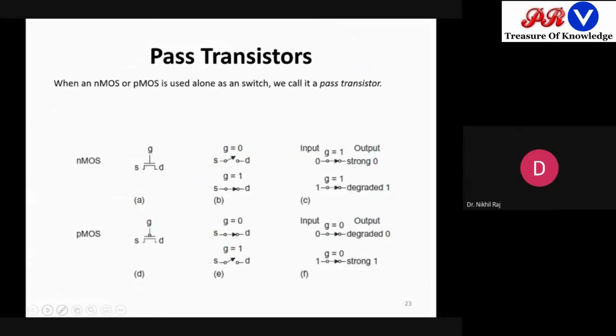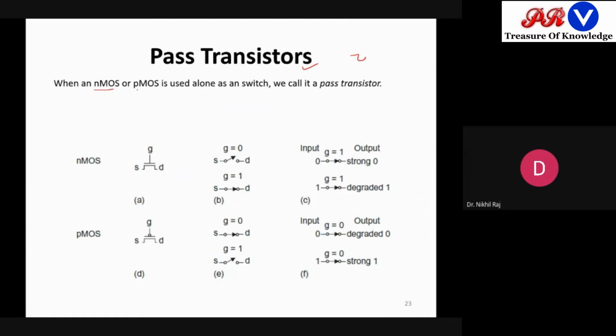so now coming to the pass transistors, we will not cover them now. These 2-3 slides are just an introduction, because these things will be broadly covered in your unit 3. So just for your information, as a counterpart to CMOS logic, where there was NMOS and PMOS, if we rely on using only a single transistor, either PMOS or NMOS, then that type of configuration is known as a pass transistor.